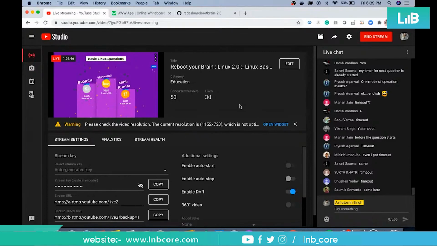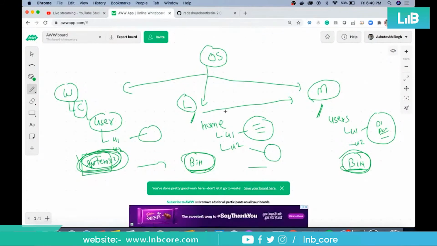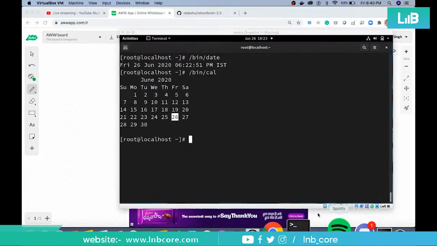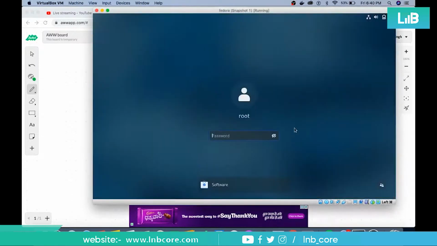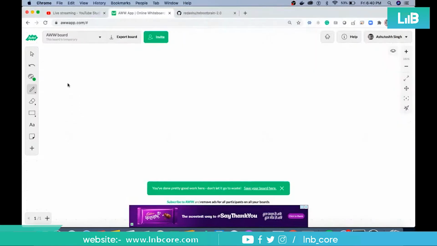Okay, so now something we have discussed, that is slash bin and slash home. Now, one thing: how you generally change a directory or folder in Linux or in Windows. So we are going to talk a bit about how we are going to change it. So for example, if I'm logging back to root user, what about the home directory? Okay, one final thing. If we are using